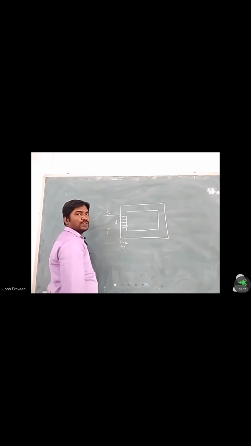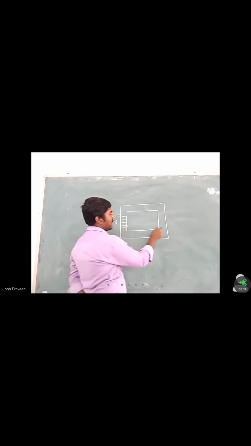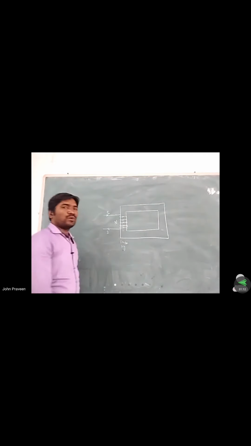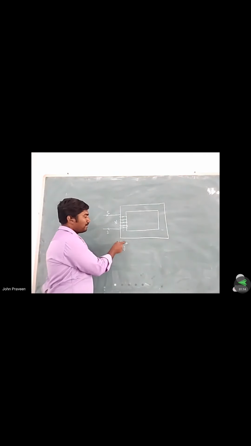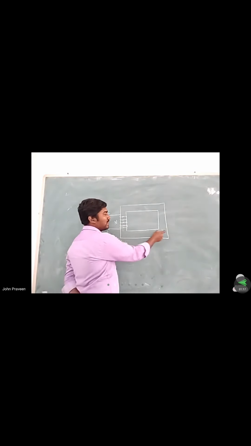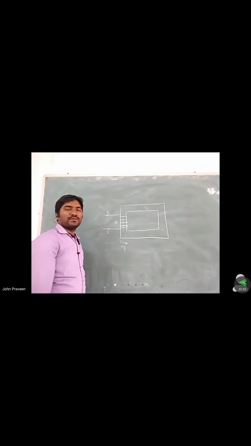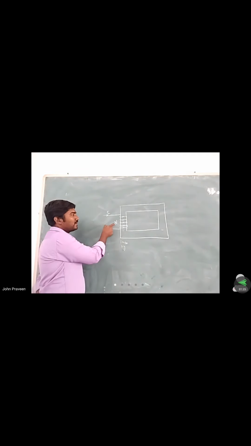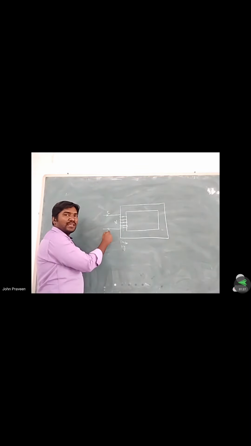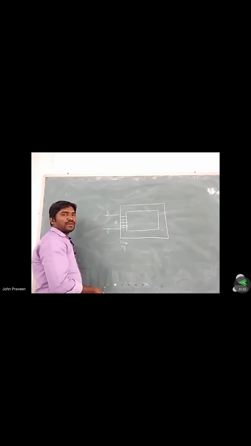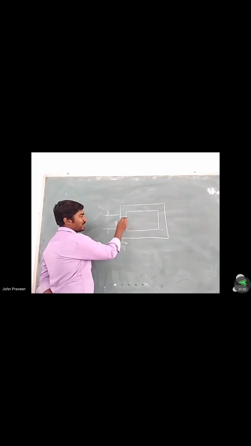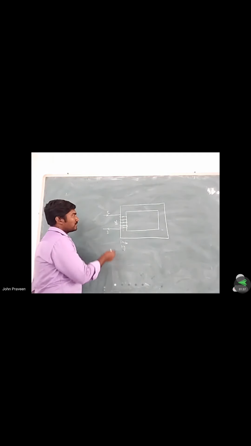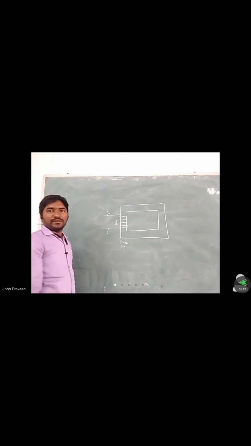So basically it has two legs. This is one leg and this is the second leg, or we call them limbs. This is one limb and this is another limb. So it consists of two limbs. On one of the limbs we place the copper conductor, meaning the winding is placed on one limb. How many turns are there? We assume there are N turns. Next, what is the current flowing through that winding? We assume it as capital I.